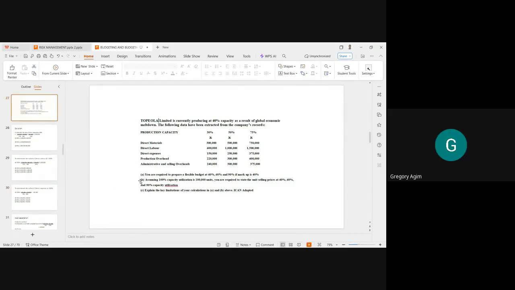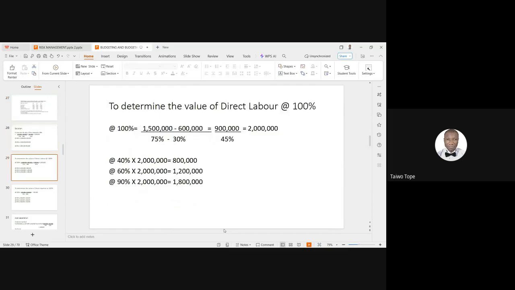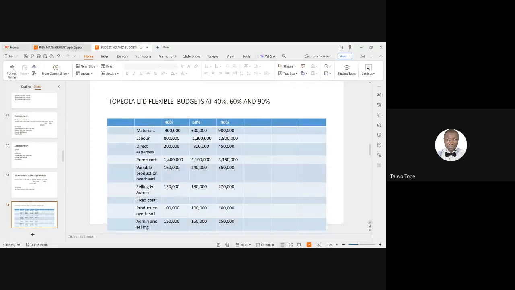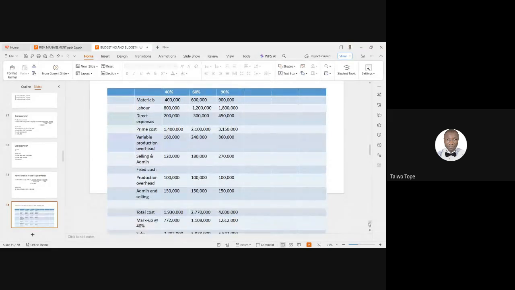For the B part, all right, sir. I can hear you, sir. Please, the markup figures that you got there. Okay, all right, sir. Sorry, you raised that question before now. So the markup figure, sir: 40% of